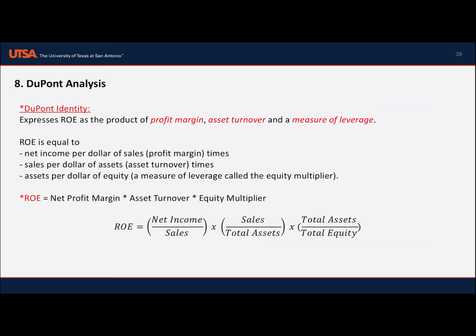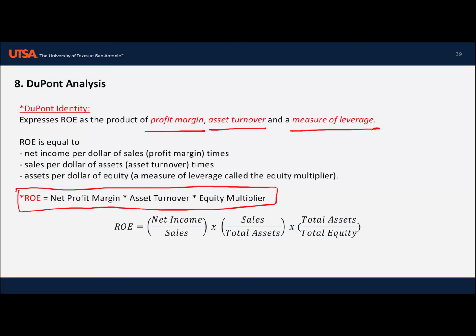Okay, DuPont analysis. It expresses the return on equity as a product of profit margin, asset turnover, and the measure of leverage. So return on equity is equal to net income per dollar of sales times sales per dollar of assets, times assets per dollar of equity. What does it mean? So we can find return on equity